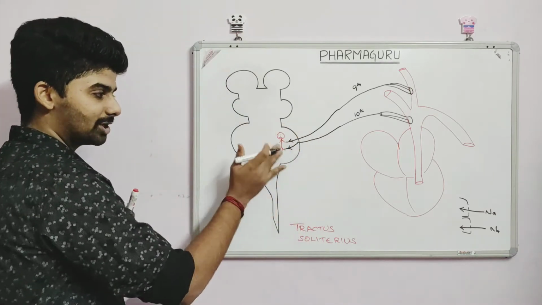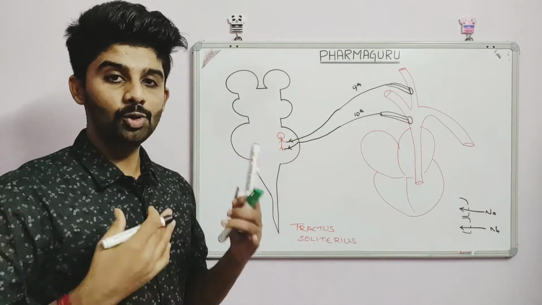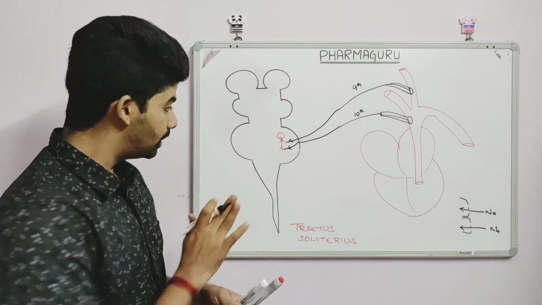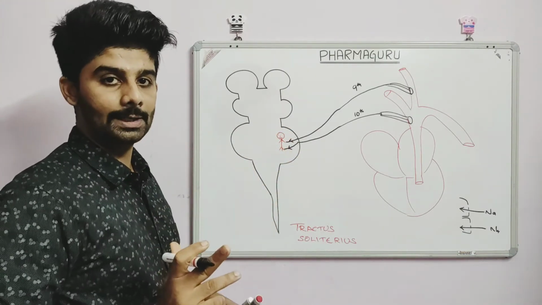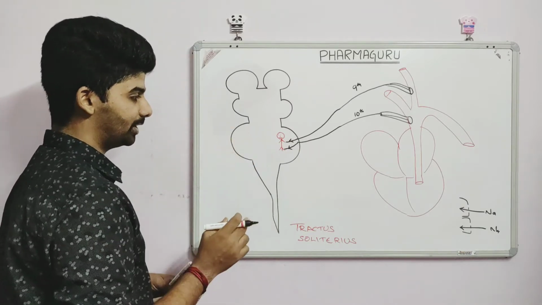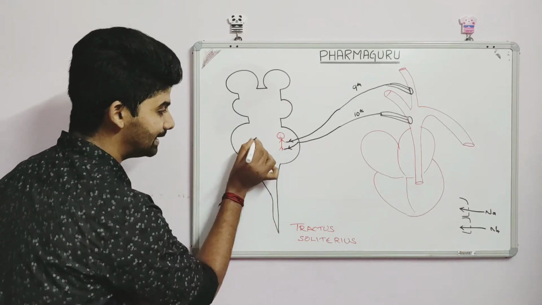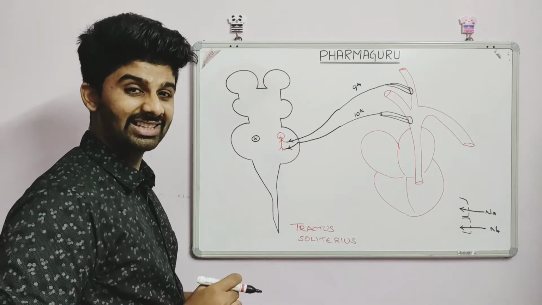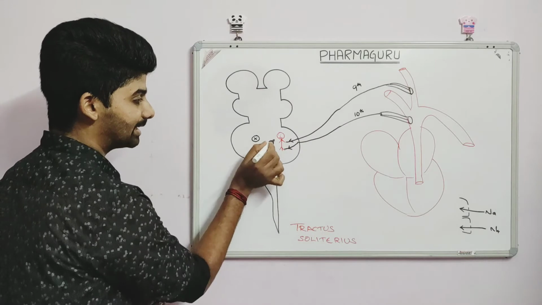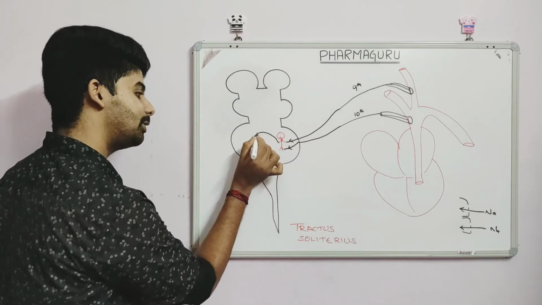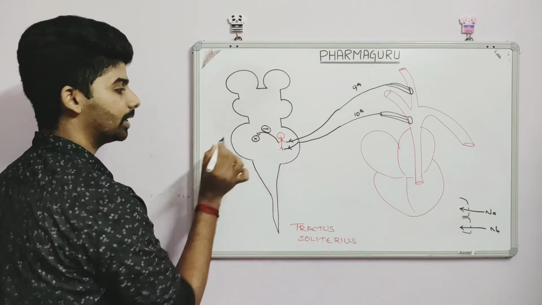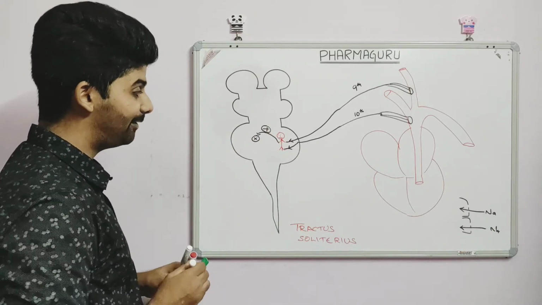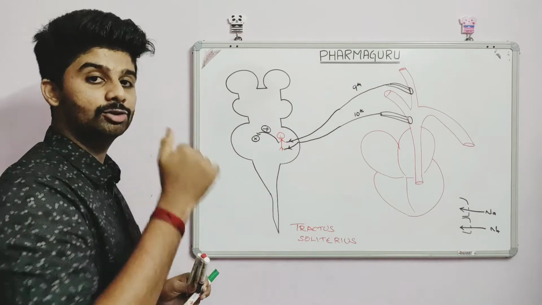Now when this action potential reaches the tractus solitarius, the nucleus will come to know that there is an increased blood pressure inside the body. Now it is the one that has to control the blood pressure. There is a center inside the medulla known as the cardioinhibitory center. What will the tractus solitarius do? It will activate the cardiac inhibitory center and ask it to reduce the blood pressure.